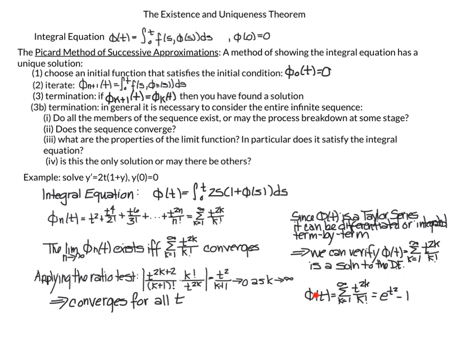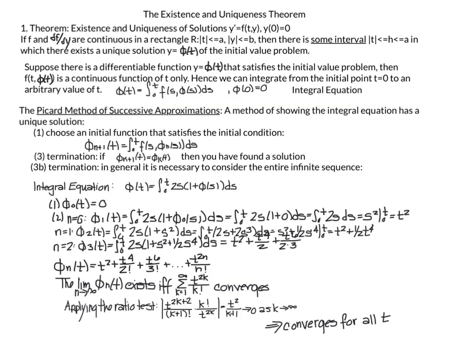You might recognize this again from your first year calculus class, that this is e to the t squared minus 1. And if you don't recognize it, that's okay. You can just take my word for it. So what we've done, and I've summarized our work on that example of the Picard iteration right here, is we've